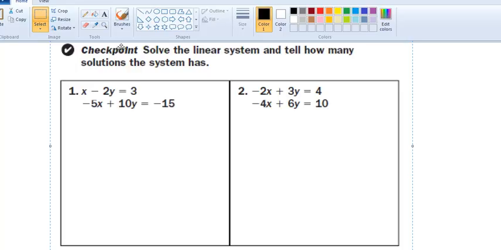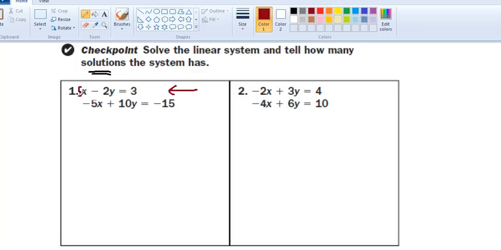Okay, we're going to go ahead and do the checkpoints at the bottom of 155 together. And we'll start with the first one. And we're looking for how many solutions this has when we get done. So on the first one, think about what might be the easiest way to approach this, figuring out x or y. I would say probably multiplying everything here by 5 would probably work for me, because that would make this